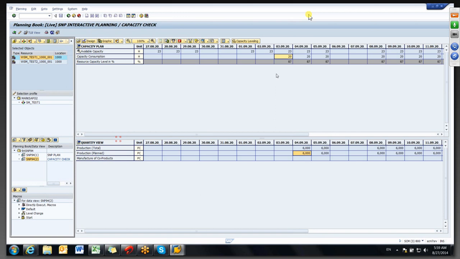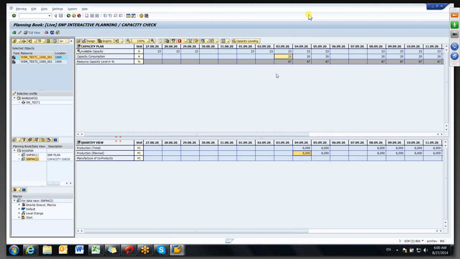If I have a demand for a certain period for a product, I'm going to have it in that resource. If that resource is set at finite capacity, then I can run the capacity leveling as well. So what is the difference